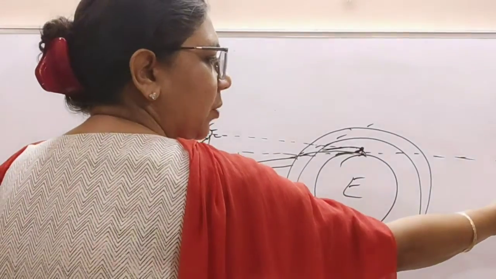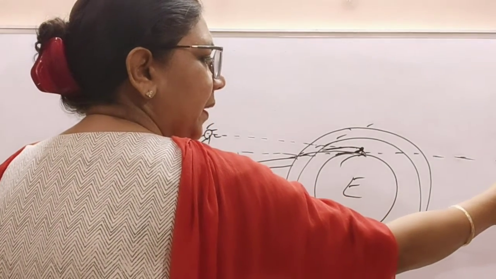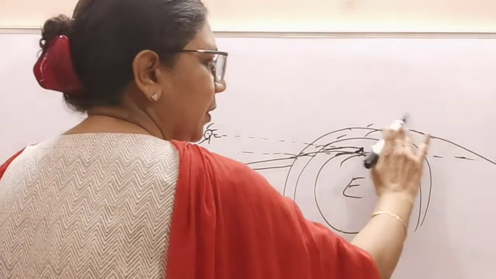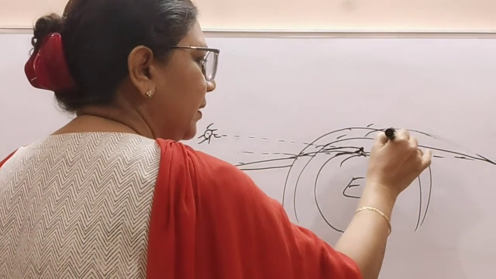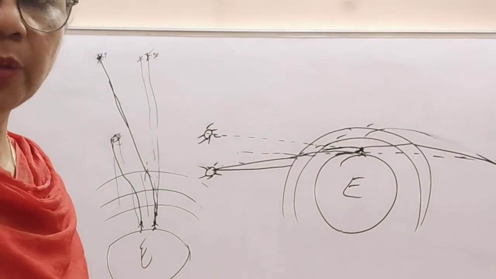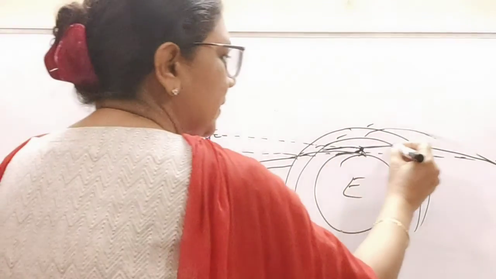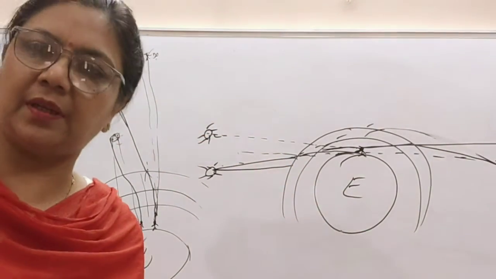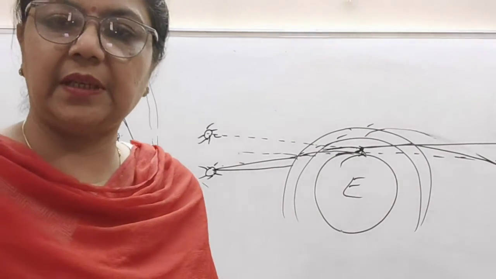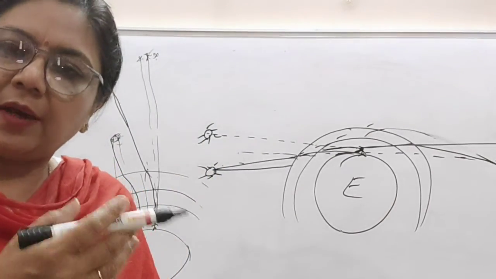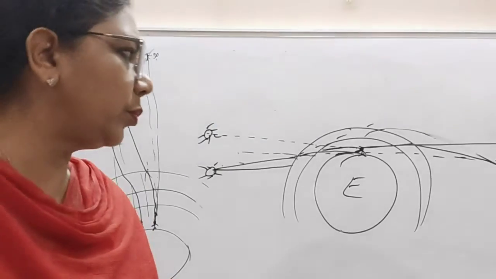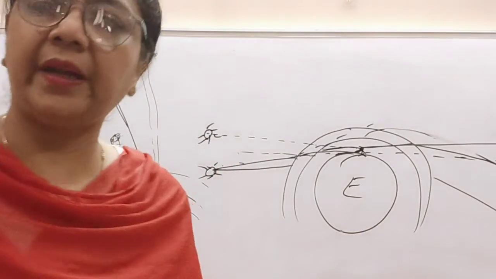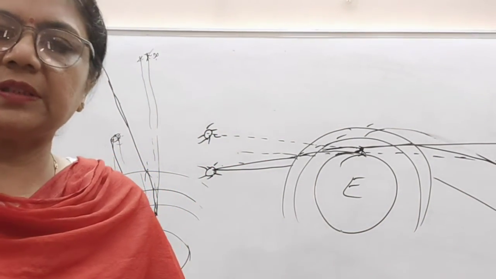The sun has gone down, but the rays which are coming straight will bend and enter the observer's eye. Then the observer will see as if the sun is here only. This is the apparent position of the sun. The observer can see the image of the sun above the horizon 2 minutes after the sunset also. After that, the sun will go further down, and then the rays will not enter the observer's eye. So this is the case.